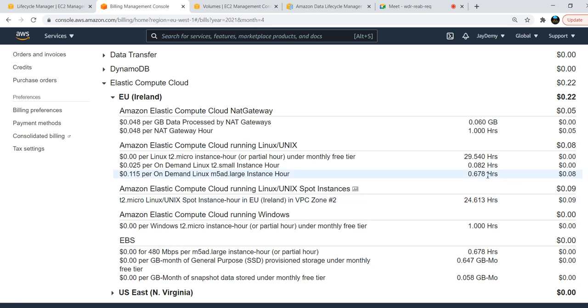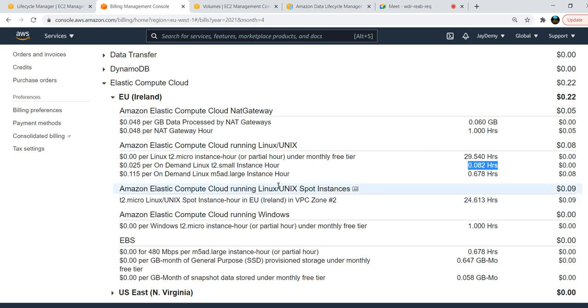I ran it 0.678 hours, which means they charged partial hours also. I also created a T2 small, but I don't know why they didn't charge for it.